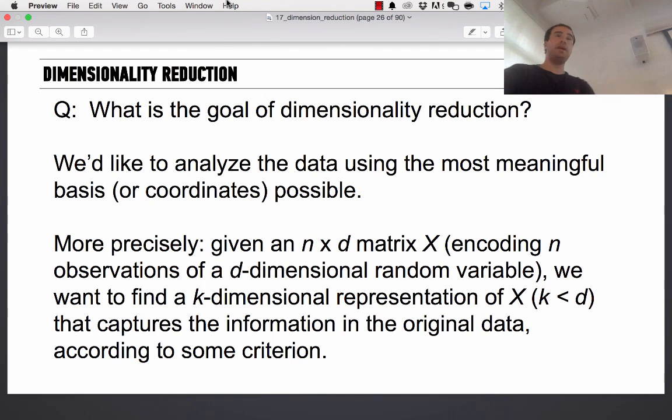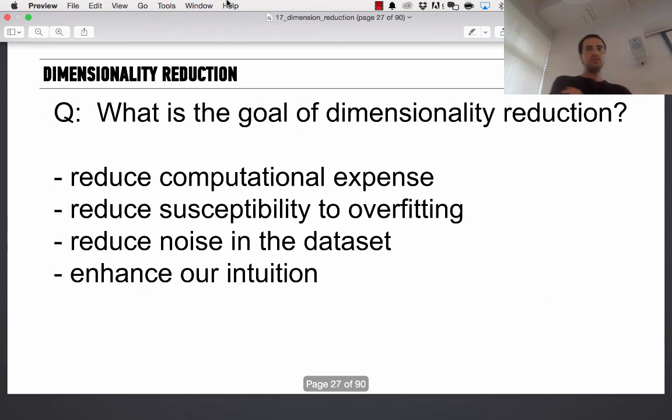And part of our lab today will be compressing an image file with Python PCA code. We'll be taking a file, making it a quarter of its size, and it's still the same image. So the goal, in essence, is to reduce the computational expense by taking a large matrix and turning it into smaller matrices, to reduce the susceptibility of overfitting, because generally as you add more columns, you add to the chance of overfitting. Reduce the noise, again as you were mentioning, needle in the haystack, finding that needle in the noise. And enhancing our intuition, because 100 columns is hard to talk about, 5 is much easier.